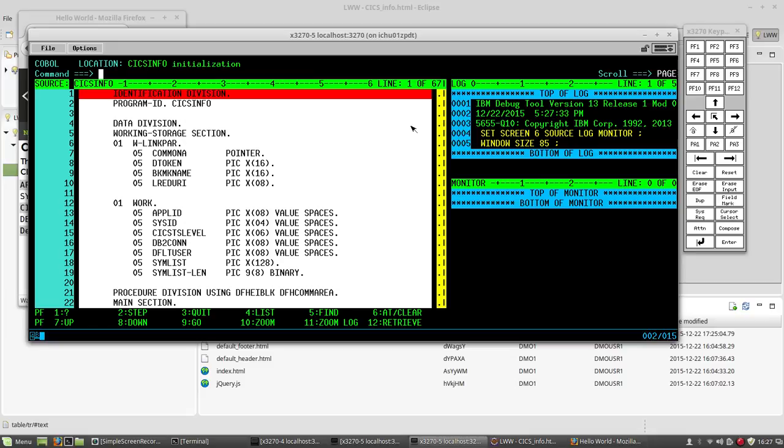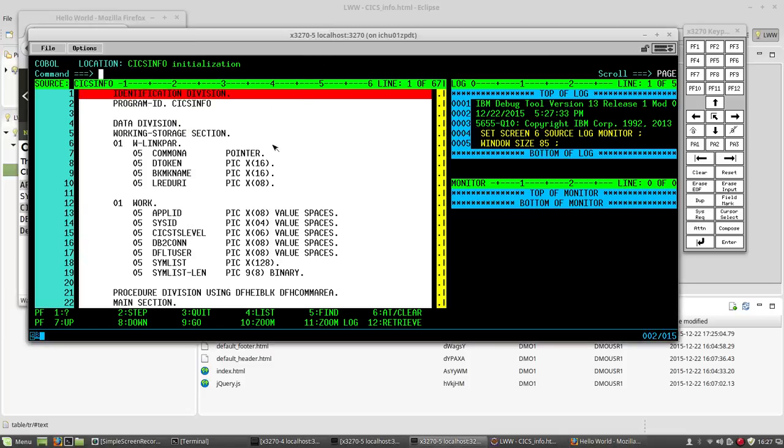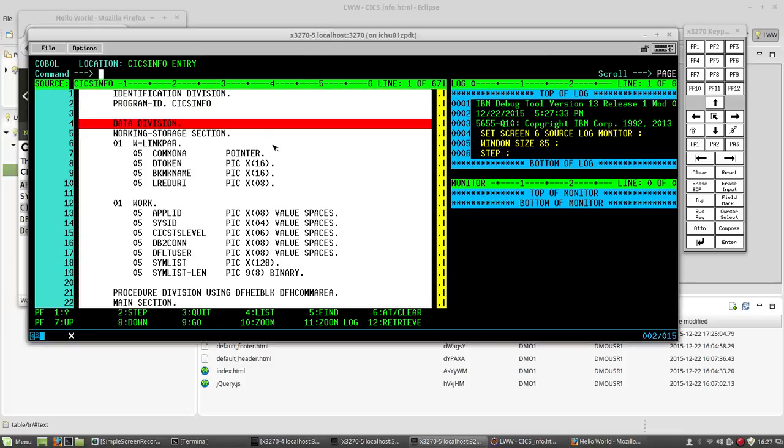This is the COBOL program. So again, LWW will have been notified it has to perform this page. It will have created an empty Kix document, but before inserting the static text, it has given control to Kixinfo. Now if I start stepping through this program,